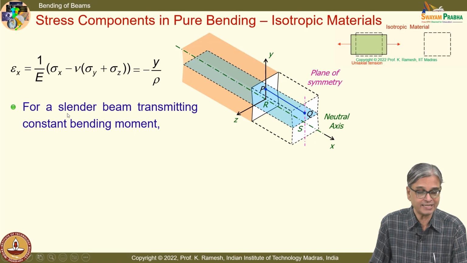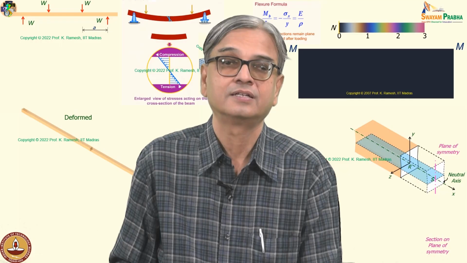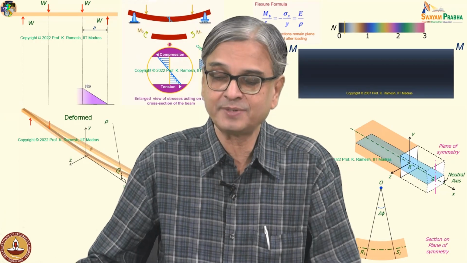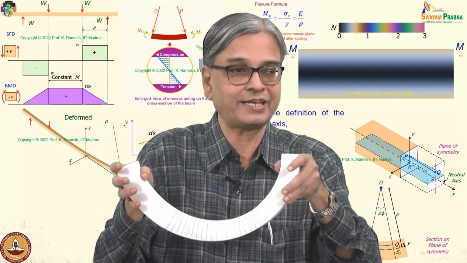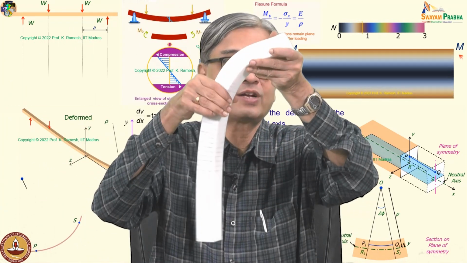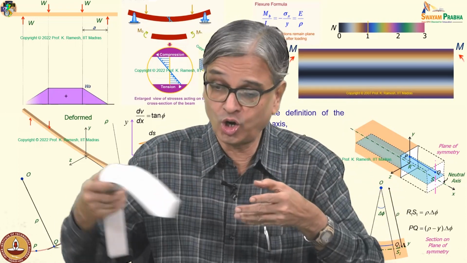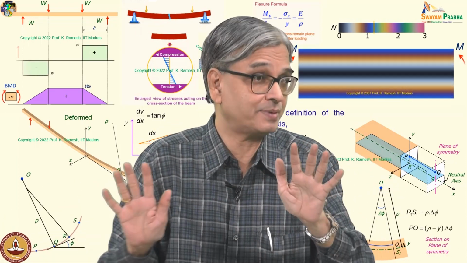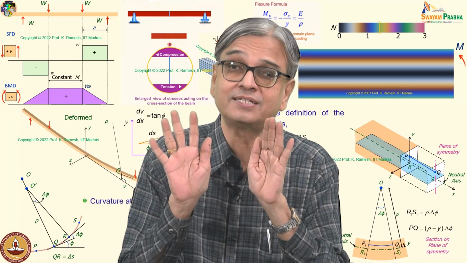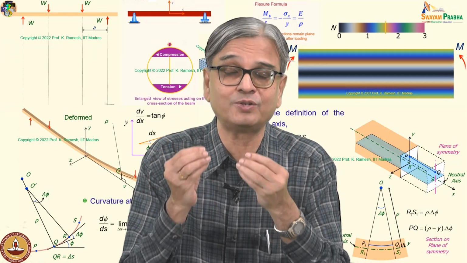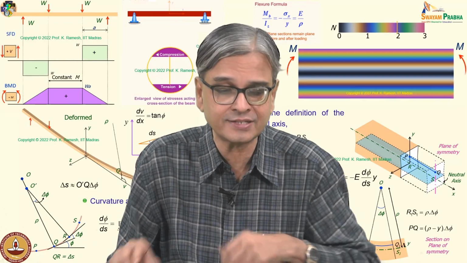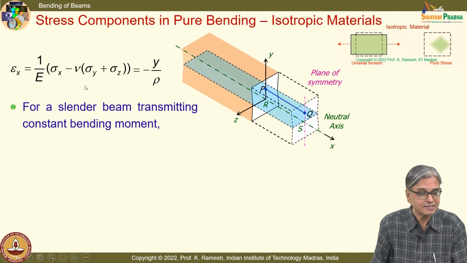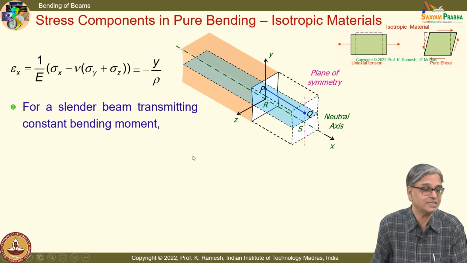You have to appreciate that this is a slender beam transmitting constant bending moment. When you say that, what do I do? I apply the bending moment somewhere here, but I look far away from the loading. You all know the Saint-Venant principle. It is a very nice principle that we invoke. If I go close to the loading conditions, none of these simplifications you can invoke. It's very complicated,